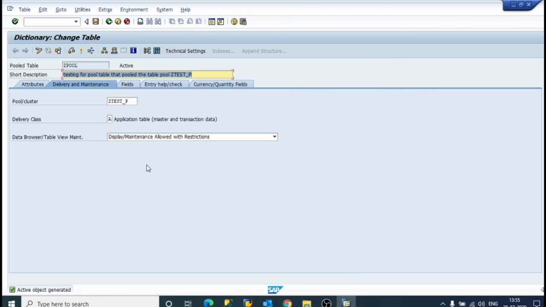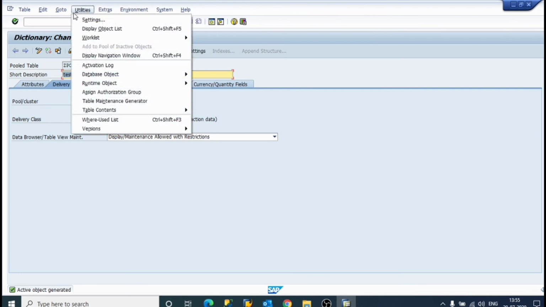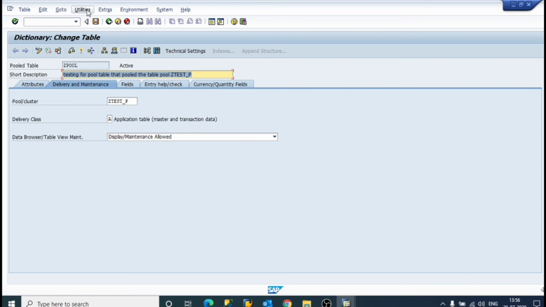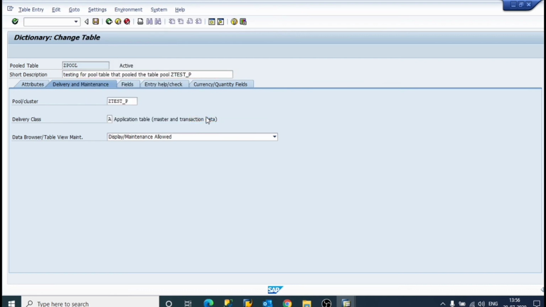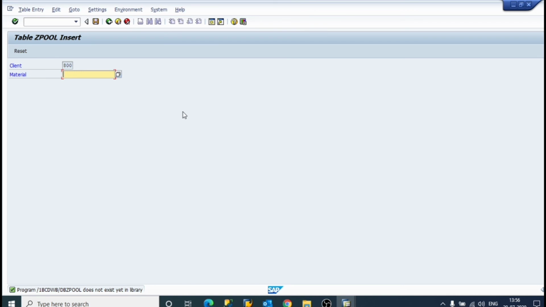Now we will write some inputs so that we can see output. So just click on utilities. Now it is activated. Now just click on table contents, create entries. Now I will write as M0, and save it. Back.